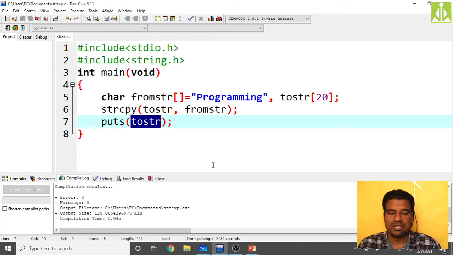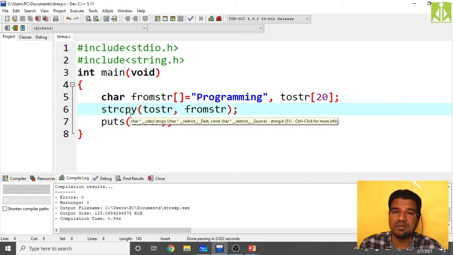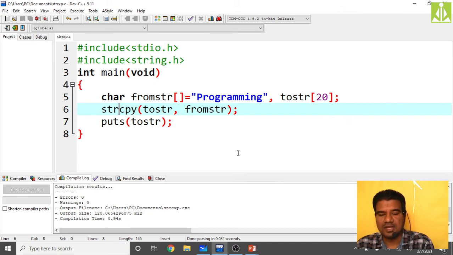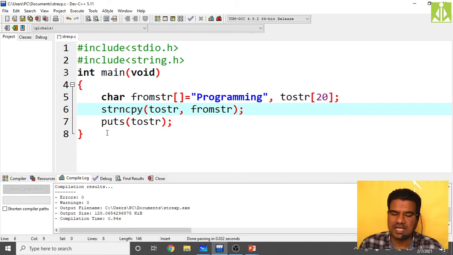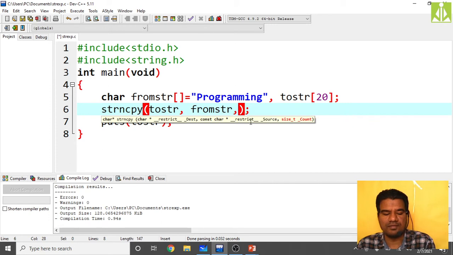Hopefully you understood. So the next function we said is strncpy. strncpy will copy a number of characters from string to string. So with strncpy, I am simply modifying the same program. My from string will be the same, my to string will be empty, and I am copying from string into to string, and in the first case I am copying only 3 characters.